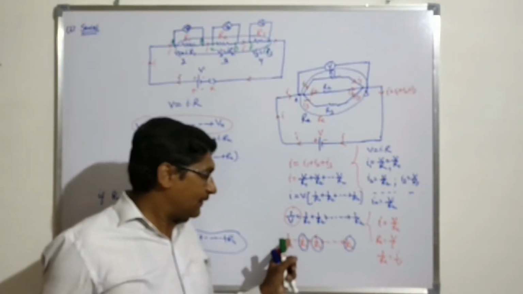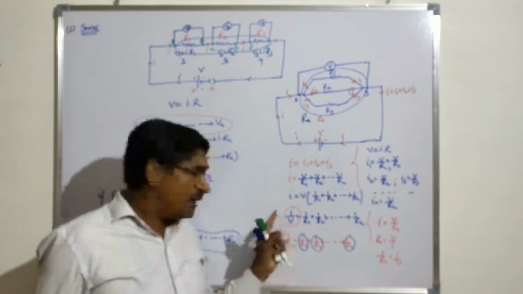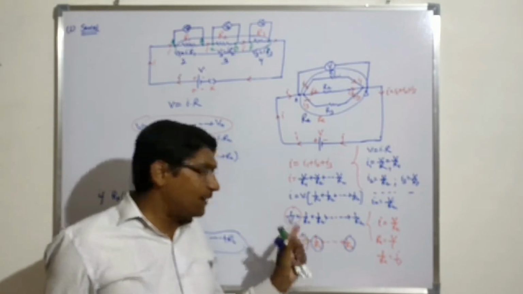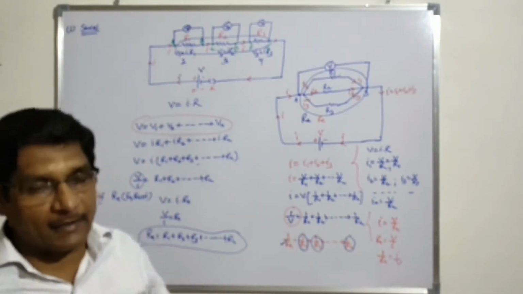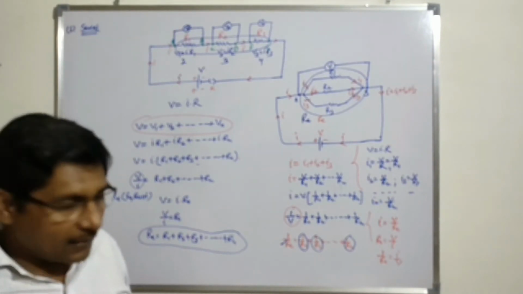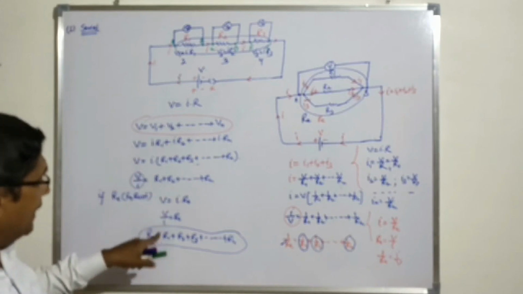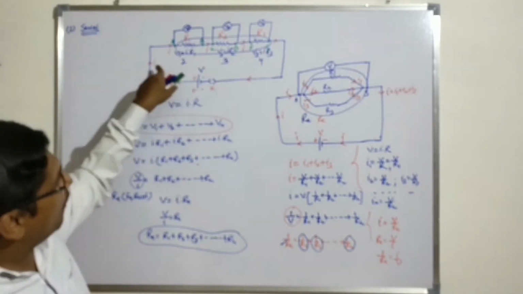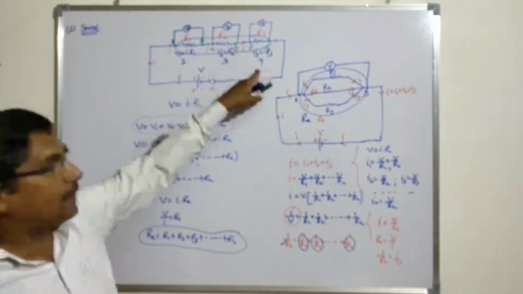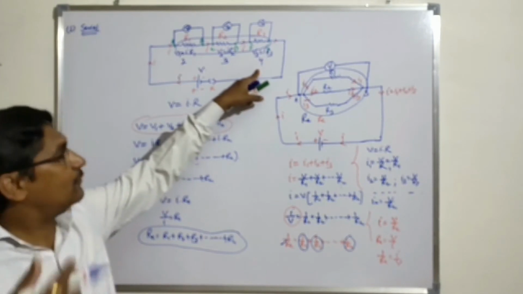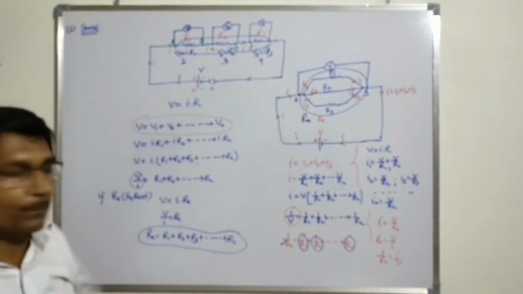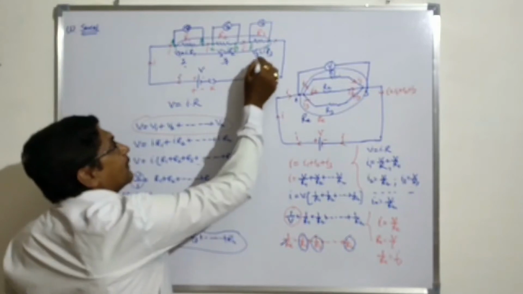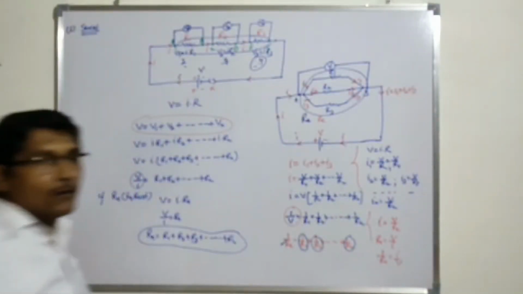Okay, so I repeat again, listen carefully. In parallel combination, the reciprocal of equivalent resistance is equal to the algebraic sum of reciprocals of individual resistances. Or in another way we can say, in series combination, the equivalent resistance is more than the maximum value of all resistances added in the circuit. For example, in this combination of 4, 3 and 2, the total equivalent resistance is 9 ohm, which is more than the maximum value of 4.